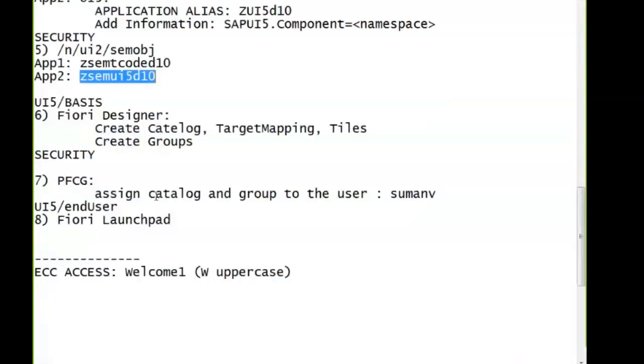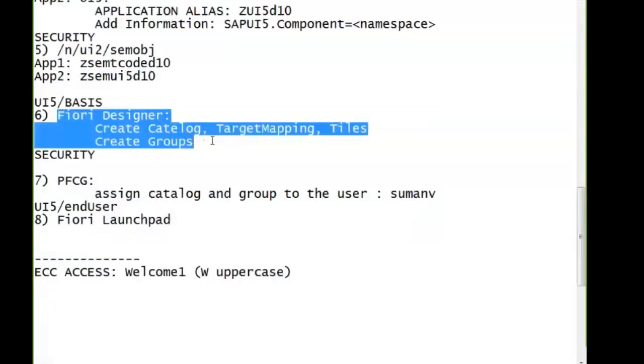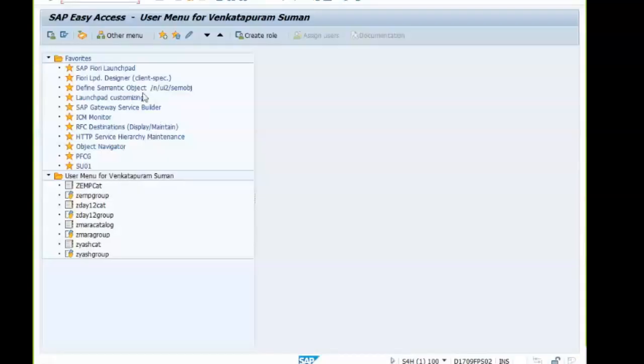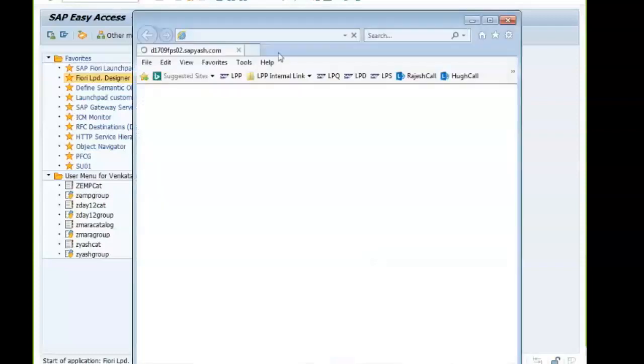And Fiori Designer. So I'm opening the Fiori Designer. There's a T-code which we can access, but most of the systems contain it as a URL. It resides in the backend. So there's a Fiori Designer. You can just click on that. It might open in Internet Explorer, so I want it to be opened in the Chrome browser.